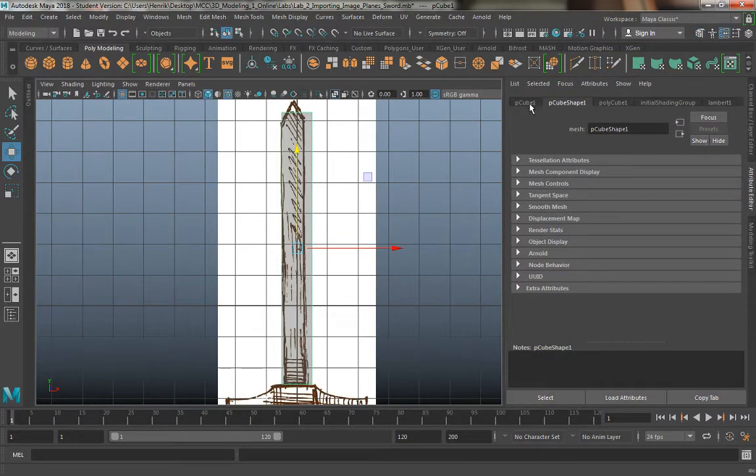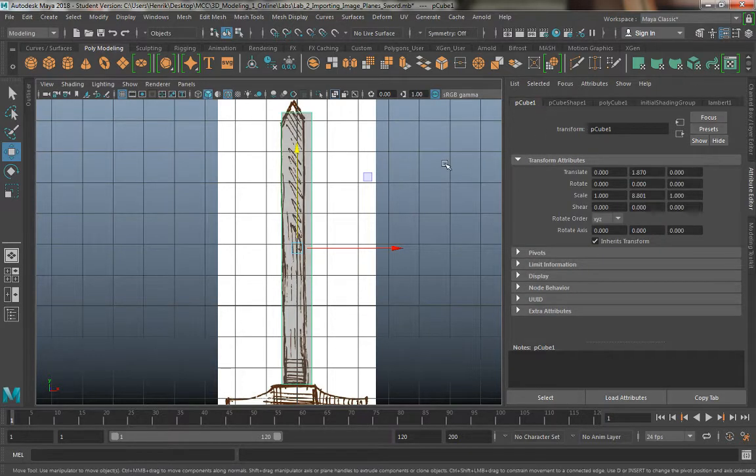Now in here you have your pCube1. This is the generic naming convention that it automatically creates while you create objects in here. So if I were to create another cube, it would be pCube2. Anyway, with that being said, this has your generic